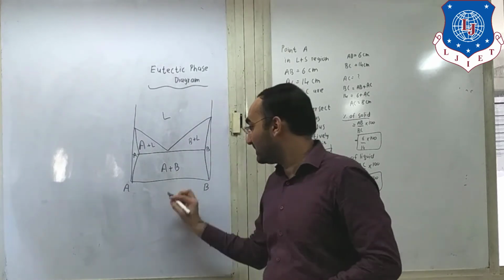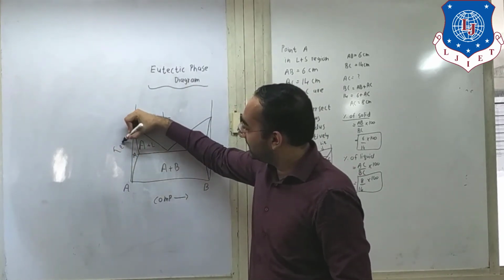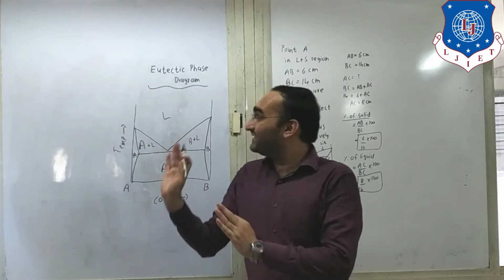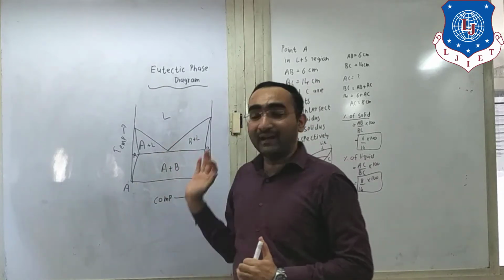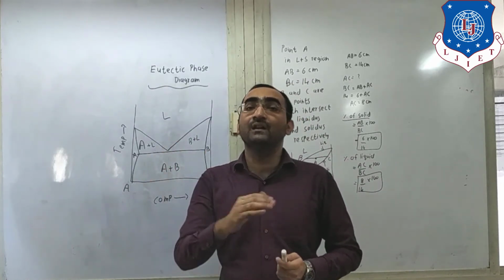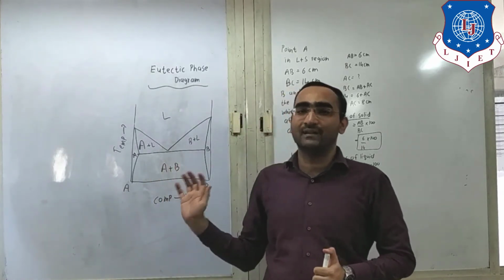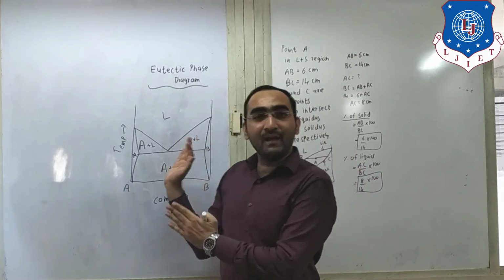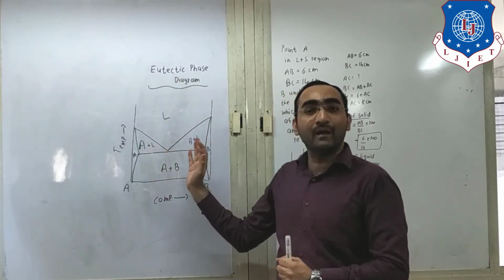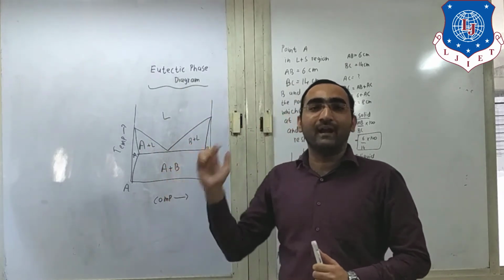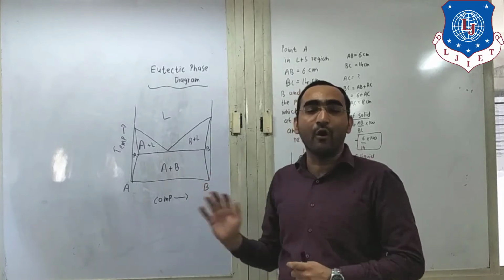So this is how the eutectic diagram looks, in which you will be given where the eutectic reaction occurs and at which composition. Here there is the composition, and here there is a temperature line. So this is the simple eutectic phase diagram, and the numerical based on it we will discuss in our next lecture, along with some of the reactions occurring in the phase diagram. This was the basic idea, because in the next lecture we will solve directly from the data how this eutectic phase diagram is made up, and from that diagram you will be very clear how it works and how it is formed. Clear?